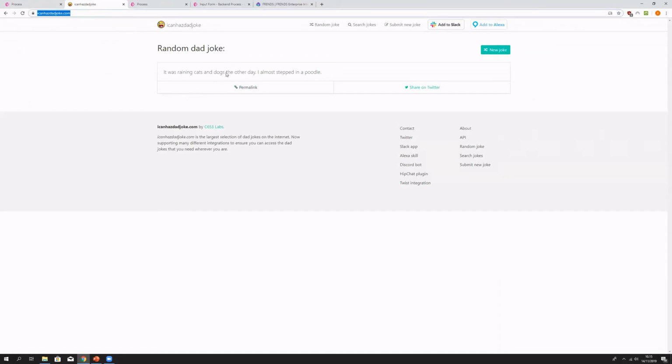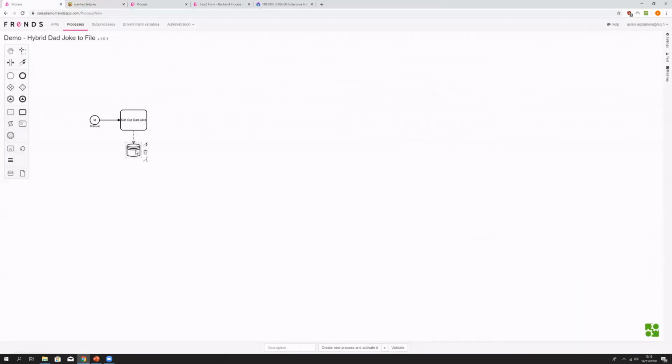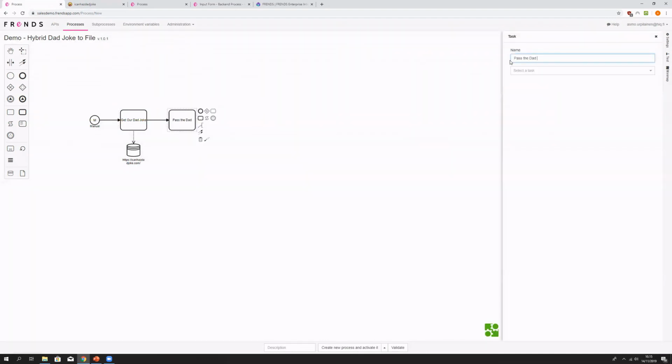But basically, what we want to be doing is getting a new random dad joke and then just collecting them in files, so we can start building this sort of a dad joke library, even if we feel something like that. But basically, what we want to do is get the dad joke from that icanhazdadjoke service, and the next step would then, of course, be to pass the dad joke to the